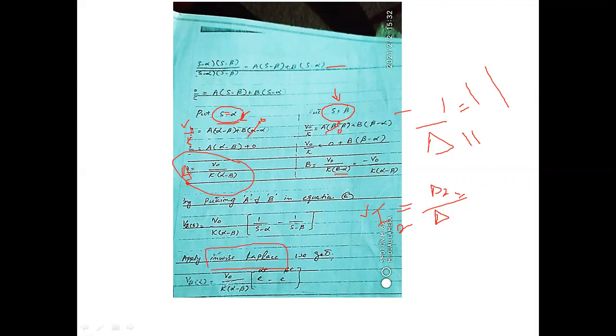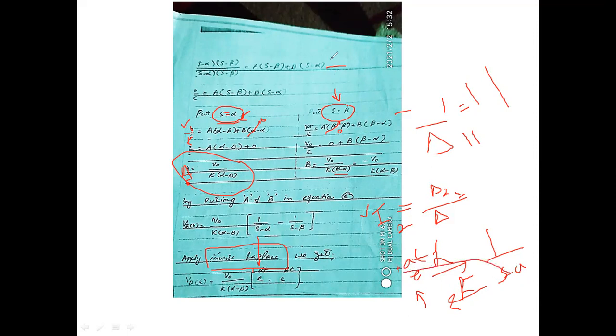As we know that the Laplace of e raised to the power at will be equal to 1 over s minus a. So now the inverse of this will be equal to this. Here instead of a we have alpha, so the inverse Laplace of 1 over s minus alpha will be equal to e raised to the power plus alpha t. If there is minus, there will be plus. If this is plus, this one here will be minus.